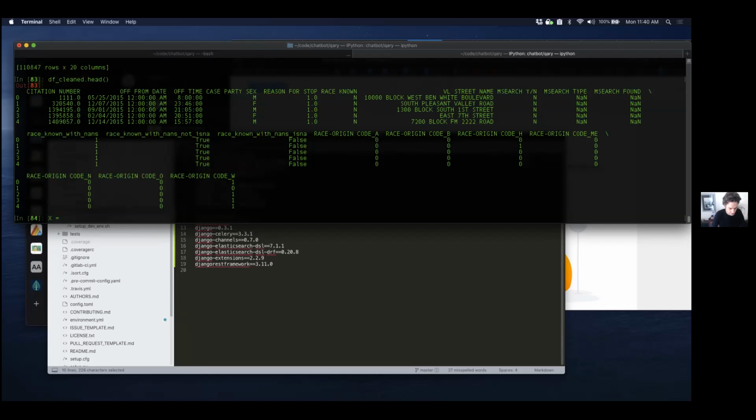X equals, let me go back up to my previous X. X equals race known. So I'm going to swap our target variable and our feature variables. So in this one, I'm going to make our features equal to C for C in df.columns. Oh, we need to use the cleaned one. If C starts with